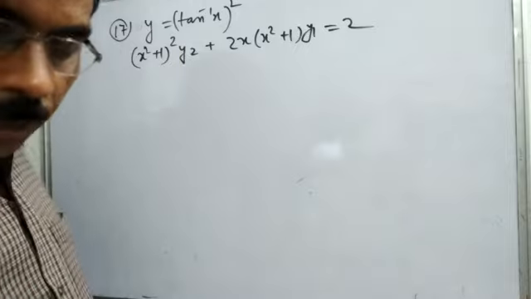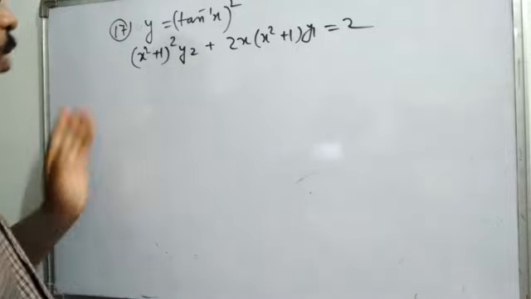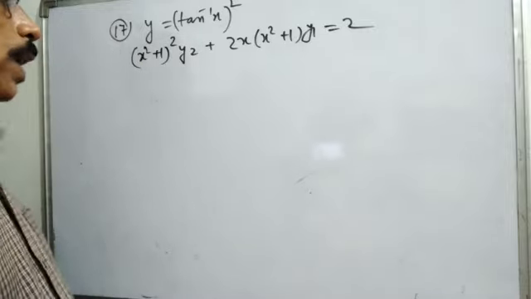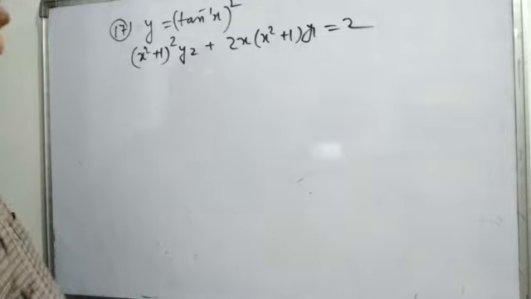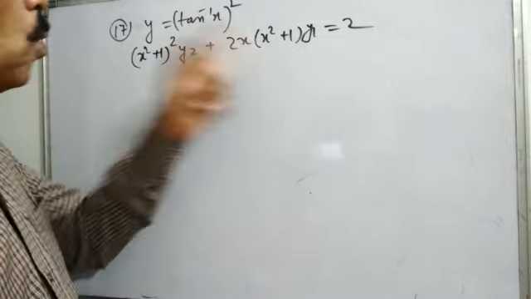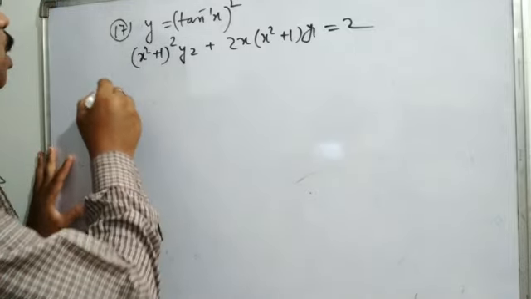Now question number 17, a very important question. Given y is equal to this one, you have to prove that (x square plus 1) whole square y2 plus 2x (x square plus 1) y1 is equal to 2. Here y2 means the second order derivative, and y1 is the first order derivative. So now, given